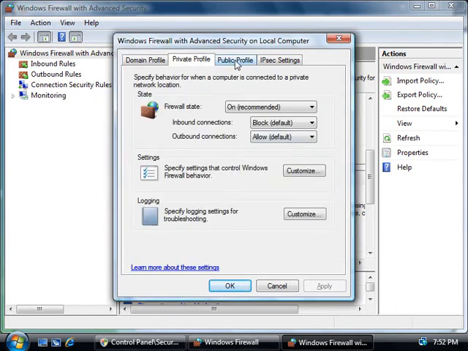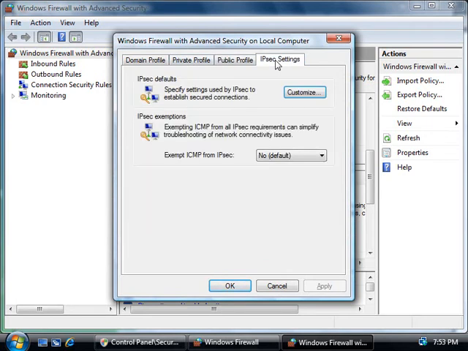Okay, well all these 3 tabs are the same as you can see, so the final tab we have here is the IPsec settings tab, where we can decide how IPsec should be handled on our Vista computer. Now, if you've used IPsec on Windows XP before, then you'll know that this was done either through group policy or by using its own MMC snap-in. But in Vista, this has now been brought into the Firewall MMC under the overall heading of security, if you like, but we still have options in our local security policy to define IPsec policies and, of course, using group policy. Now, if we click on the Customize button here,